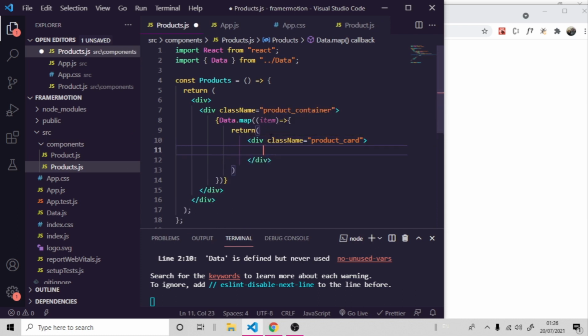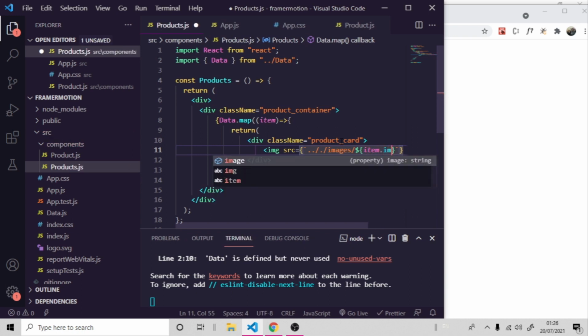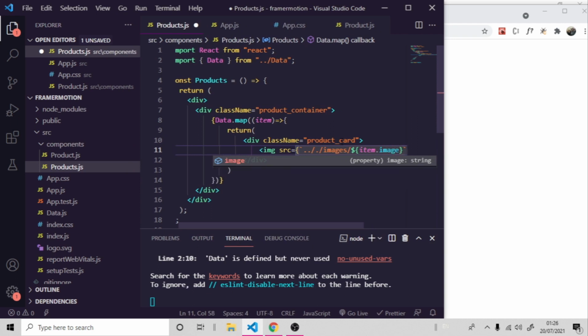So inside the product card we're going to display an image. So the images are inside the images folder, which is inside the public folder. So we are using template literals. So it's going to be item.image, that is the property of the image, the name of the image. So if we save this,